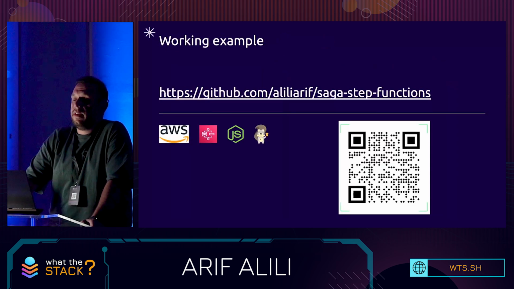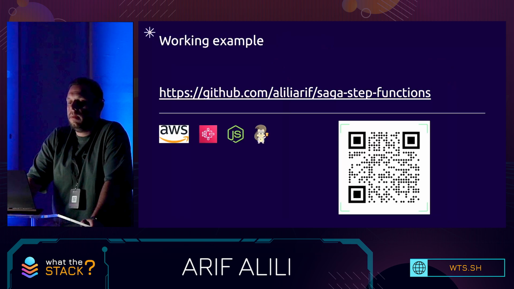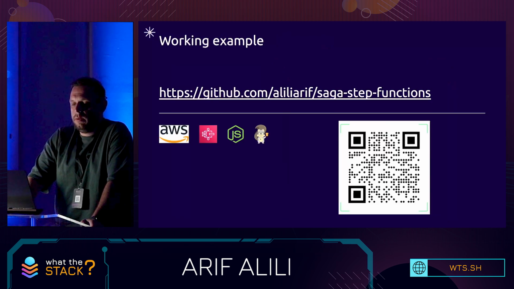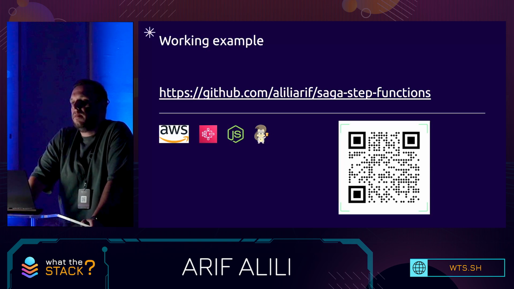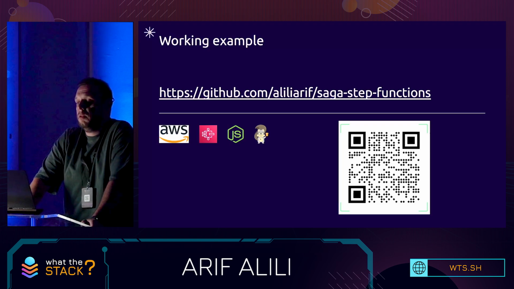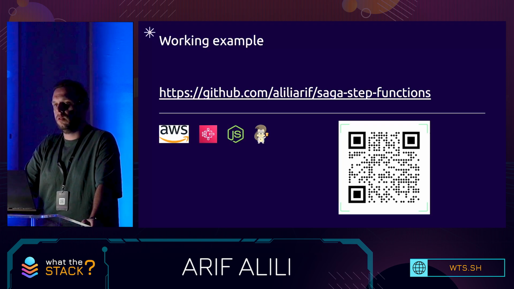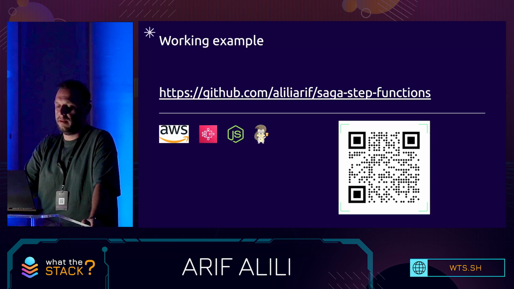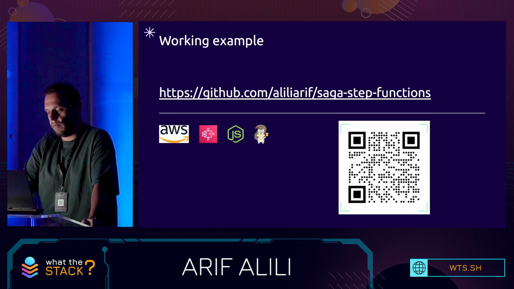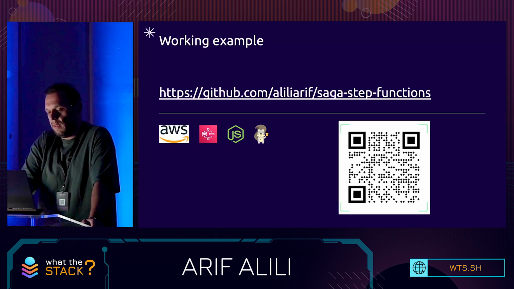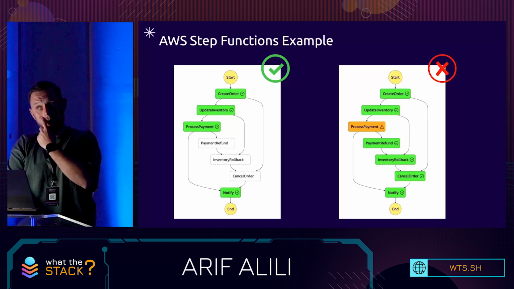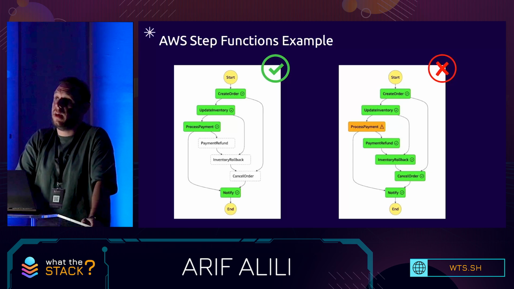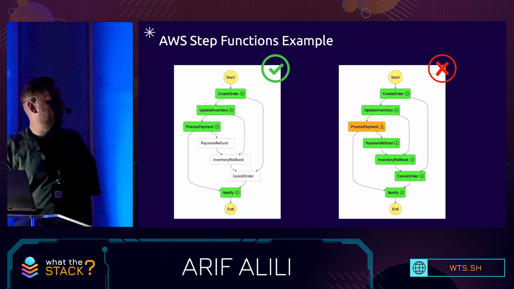I have set up a working example, which we don't have the time to go through now, but you can scan this QR code and check it in GitHub. It's basically a small application, a blueprint that consists of Node.js code. It deploys this code into AWS using SAM, infrastructure as code provided by AWS. I think it has 3 or 4 services, which will eventually, if you provide the right environment keys in the right way, end up with something like this